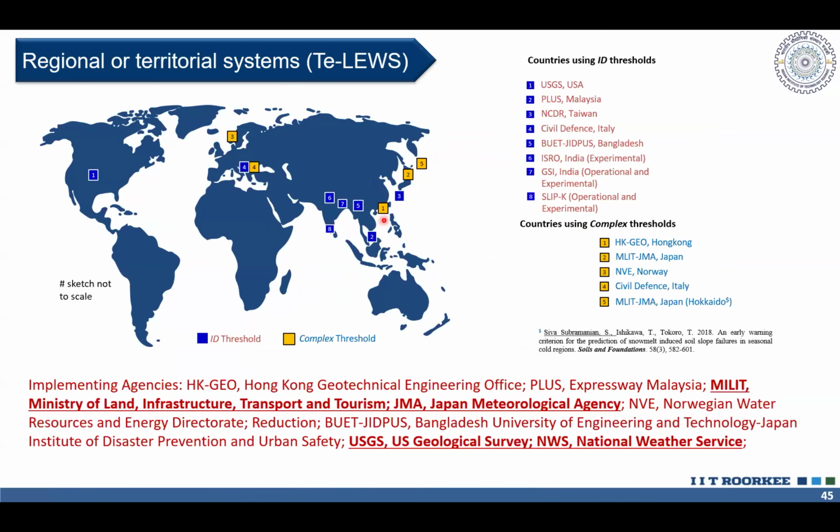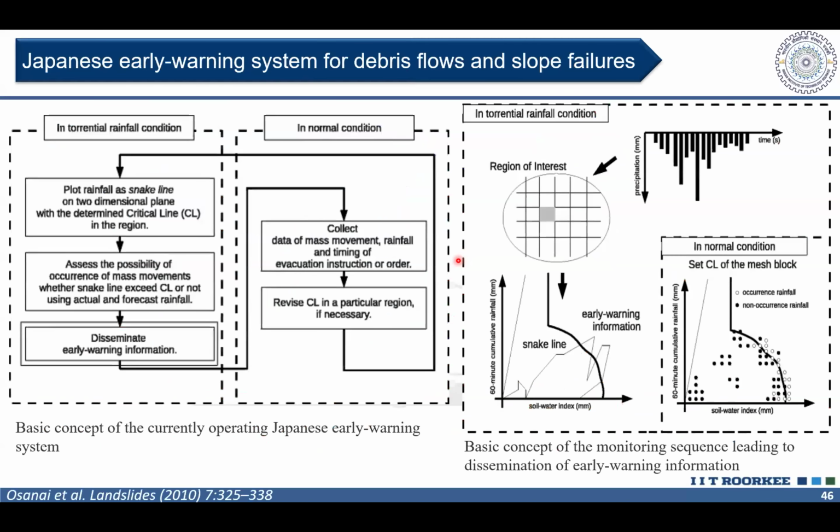And there are a few nations which rely on hydrometeorological threshold-based services, that is mainly accounting for the soil moisture, or the real-time condition of the ground, or any index value. One such thing is the soil water index, which is widely practiced for sediment-related disaster early warning in Japan. This is the schematic that is available from this manuscript in the Landslides journal. In earlier days, it was for every 5 kilometer by 5 kilometer grid. Now the Japanese government has established it for every 1 kilometer by 1 kilometer.